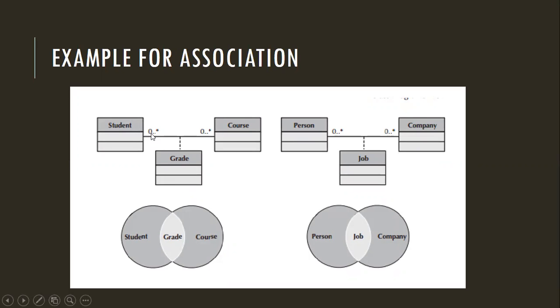So that is why they have shown it like this, 0 to many, 0 to many. Even there could be no courses as well. සමහර courses even without any student. 0 many. Okay, this is how we mention the association relationship in between two classes. And then the grade. If the student is following a course, only they will be having a grade. If not, there won't be any grades. ඔයා මේ programming කියන course එක follow කරනවා නම් විතරක් තමයි ඔයාට grade කියන එක තියෙන්නේ. If not, you won't have any grade, isn't it?